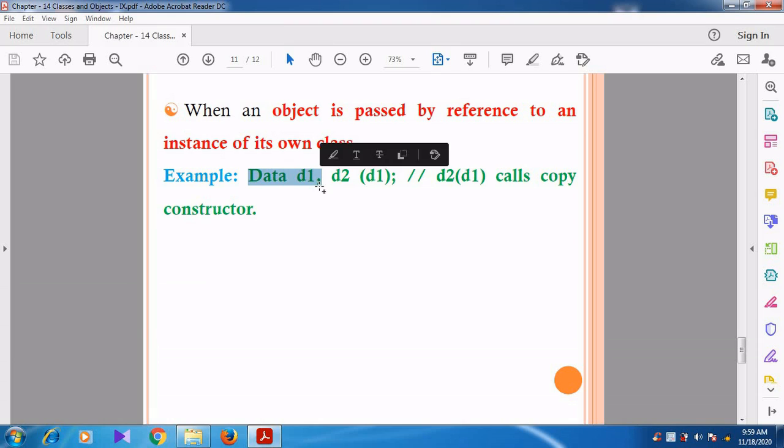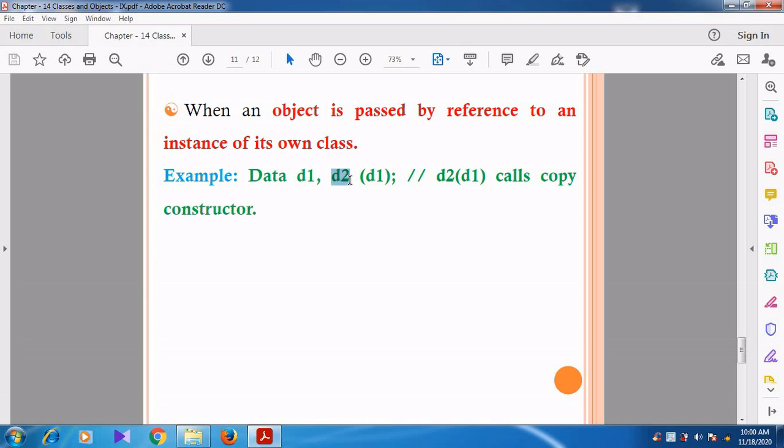So from this line, what can you understand? Data D1 means data is a class name, so D1 is the object. Then see the next declaration. Comma D2. So D2 is also an object.